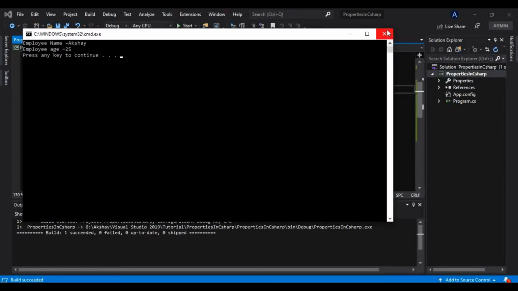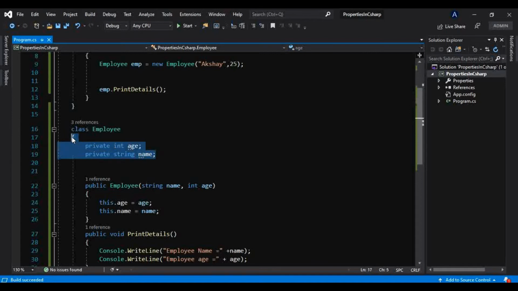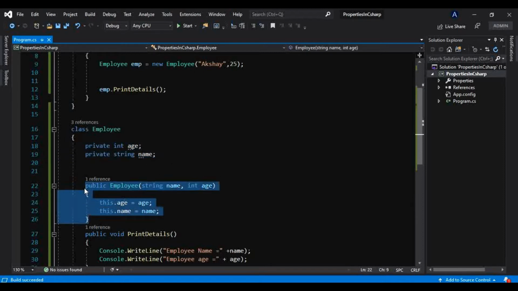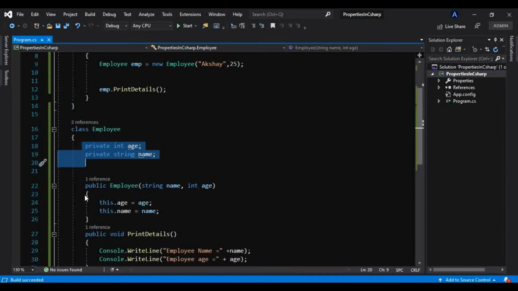Okay, so it is working fine, but what is the problem in this approach? Let's just consider right now we have two fields. What if you have 10 or 20 fields in your class? Will it be relevant to use this many fields inside your constructor and explicitly initialize them? Is it a very good way of initializing these fields? No, that is a very tedious task.